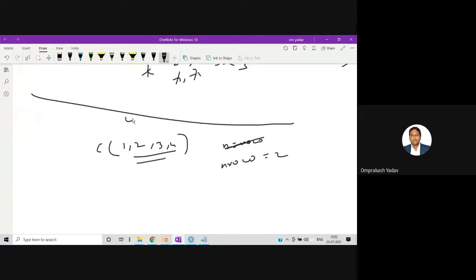There are 4 elements total. Always remember in the matrix, the number of elements will be m by n, or you can say row into column.